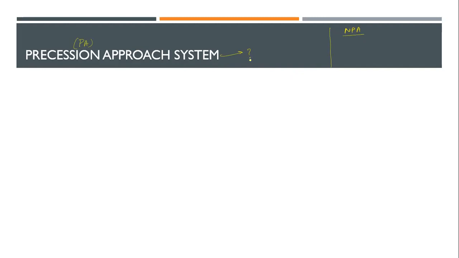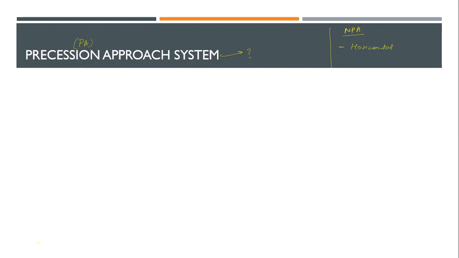Correct. Both of you are partially correct, because it is giving us guidance in both the horizontal and the vertical plane. That is why it is known as a precision approach. Up till now, we were discussing only non-precision approaches, that was your VOR, NDB, VDF. Why? Because they were giving us only horizontal guidance. No one was actually telling us how much we are above or below the ground.